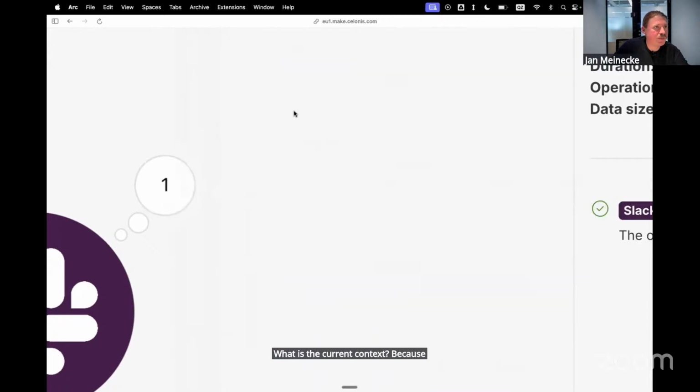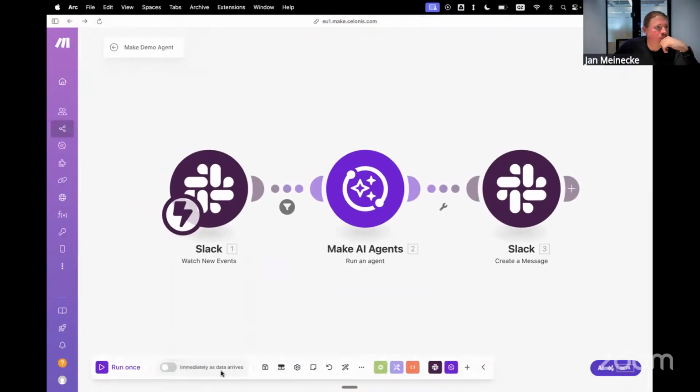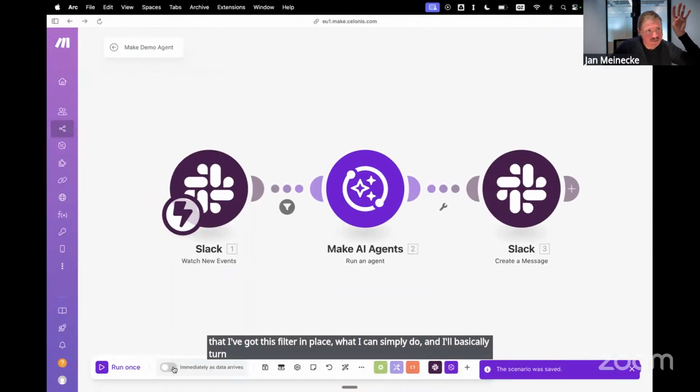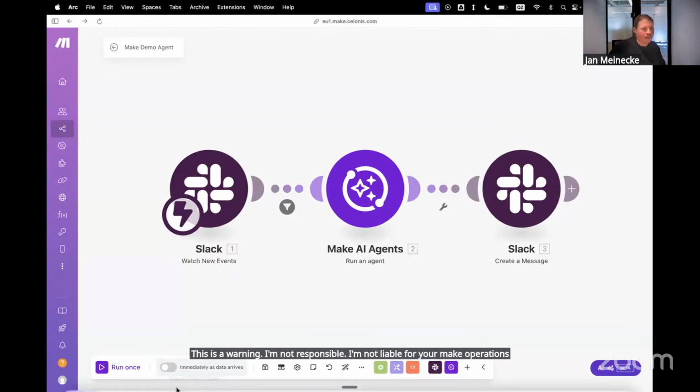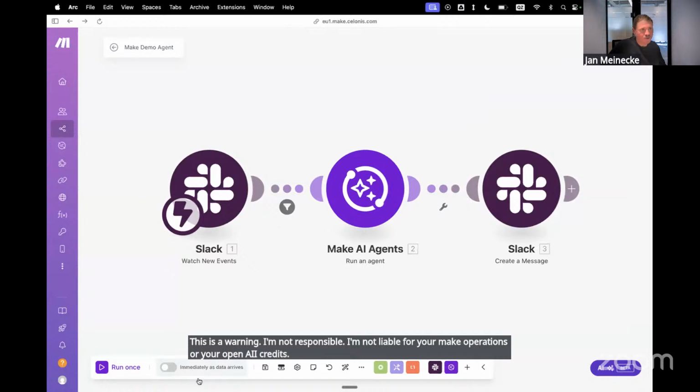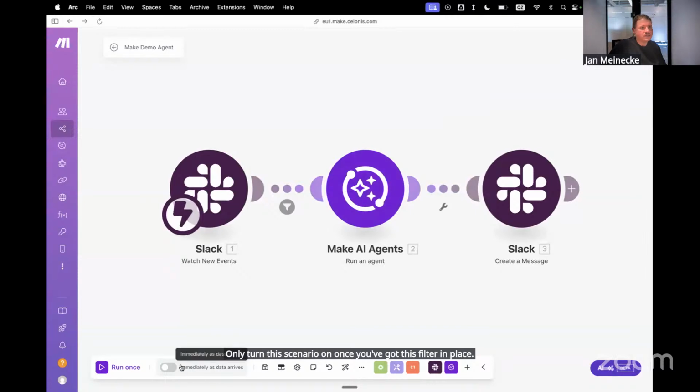To give you an example of that, now that I've got this filter in place, I'll turn this one on. Please, this is a warning, I'm not responsible, I'm not liable for your Make operations or your OpenAI credits. Only turn this scenario on once you've got this filter in place. That is very, very important. So now I turn this one on,